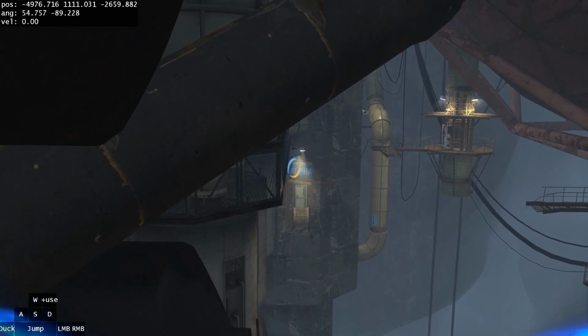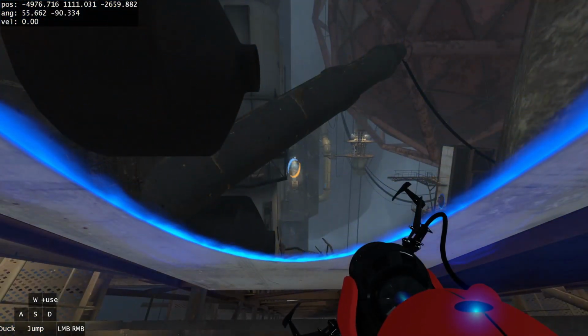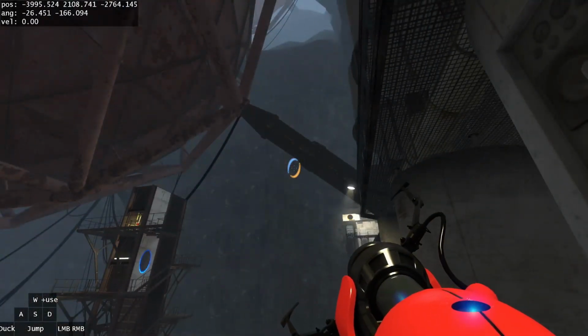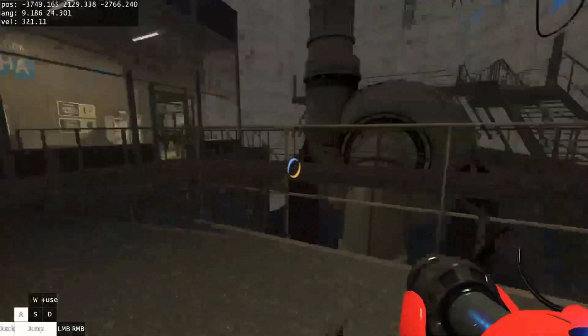Look at this blue sign. Look at the bottom edge of it. Reshoot the blue portal so that its position is consistent. And right here, you're going to want to hold W. And I'm not kidding, that's all you do, and you end up here. So, once you're here, open the door,